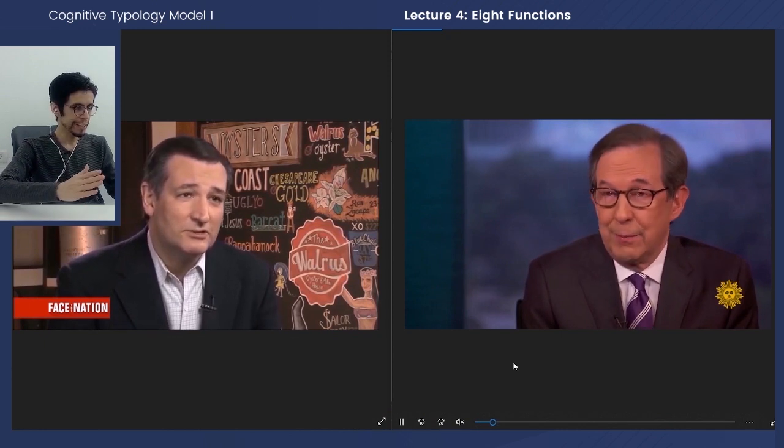Now, here's where it gets interesting, because we now have 3 samples of JE types, right? But 3 is all it really takes to start to notice whether or not there's a difference. So with Chris Wallace, you might ask yourself, is Chris Wallace more like Ted Cruz, or is he more like Charlie Houpert, right? Again, we're just observing, and I'm kind of walking you through how this evolved for me as I was exploring this phenomenon. So as I saw Chris Wallace, and then after having seen Ted Cruz, I noticed that these 2 are very similar to each other. So for example, putting these 2 side to side, you can really see a resemblance.